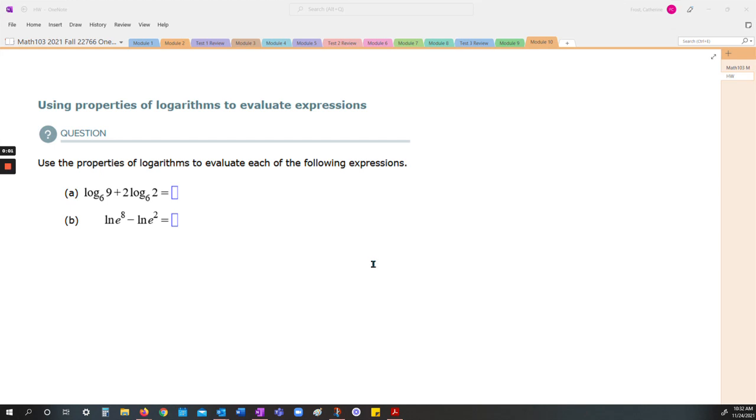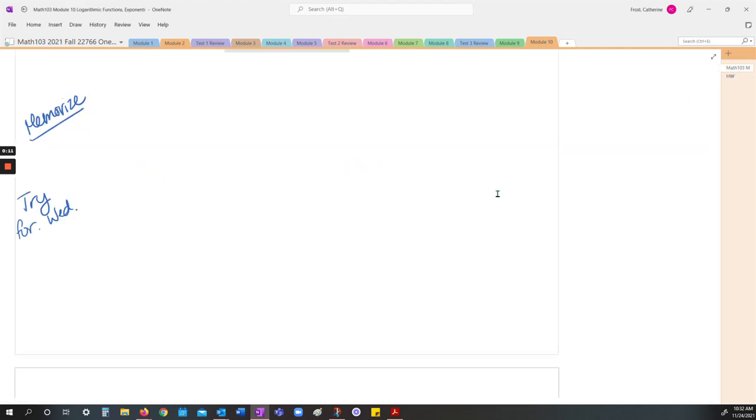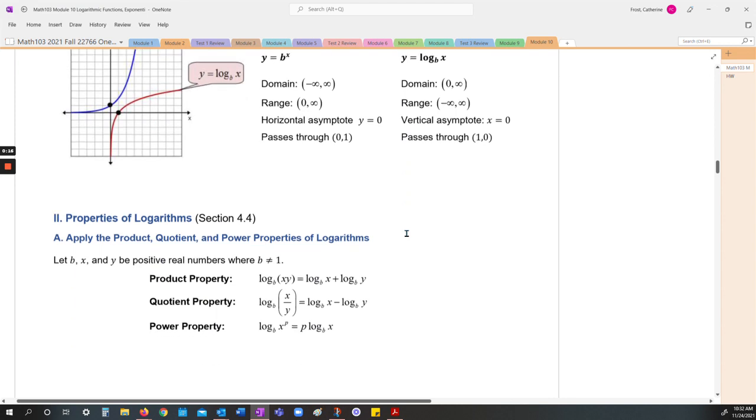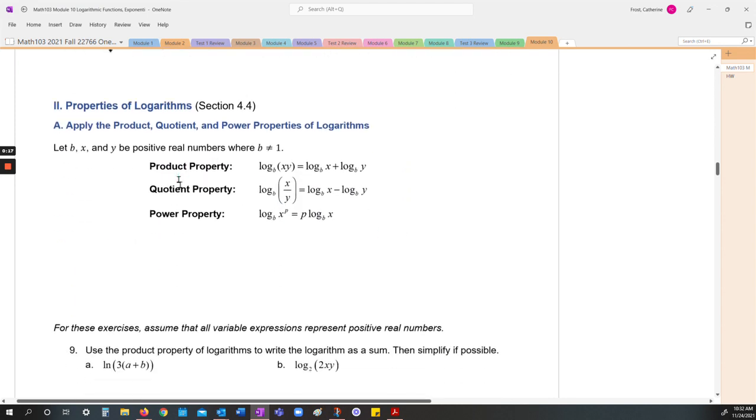So there are three properties of logarithms that are key properties. They're really important, and they are these guys right here: product property, quotient property, power property. The product property says you can take the log of two things multiplied together and actually split it up